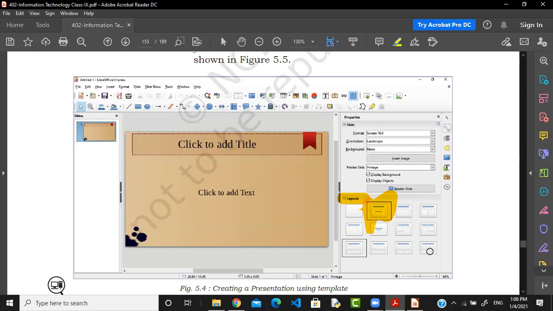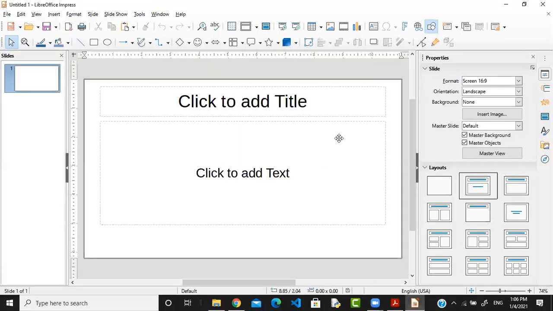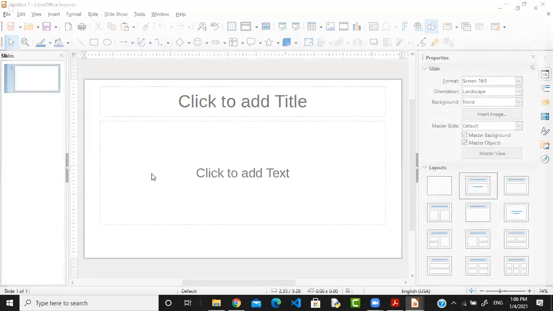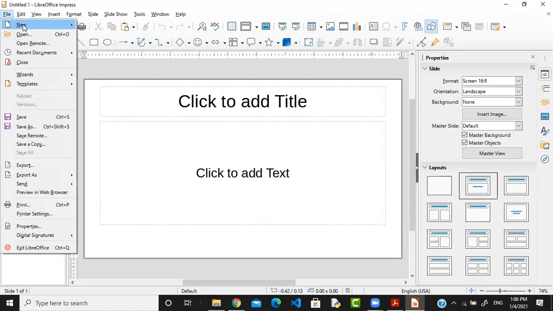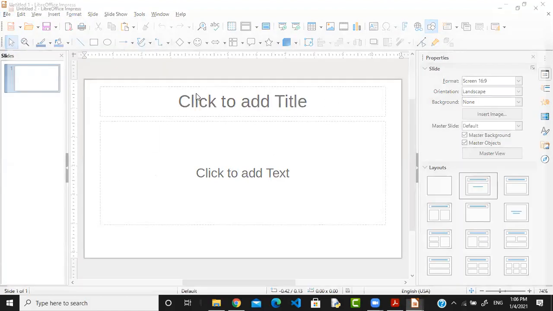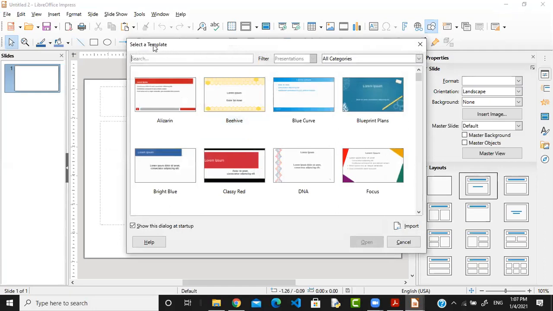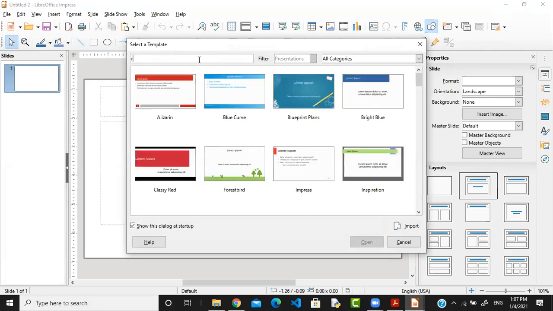Now I'm going to open LibreOffice. This is my LibreOffice and I'm going to open LibreOffice Impress. This is LibreOffice Impress and I'm going to press Control N. I press Control N and look at this, it opens a new document. First I'm going to close this. I'm going to close this also. File, New, Presentation. Let's see what happens. Yes, now it's asking me to select a template. I'm going to write any letter here and try to search it.